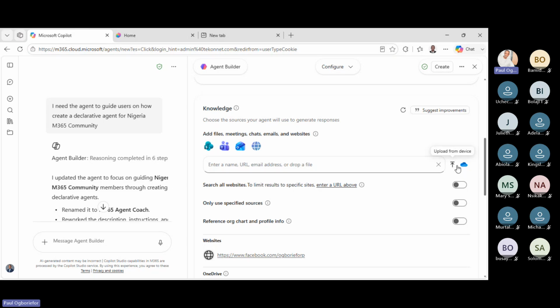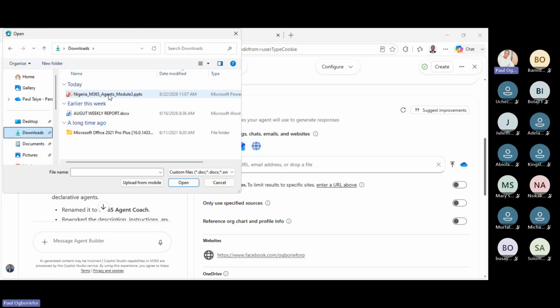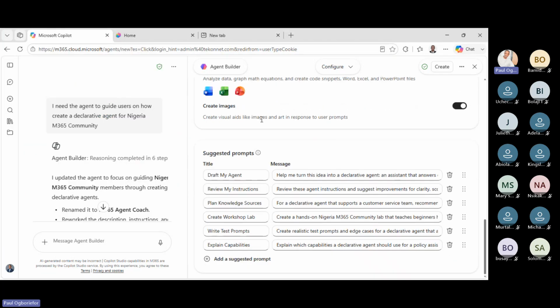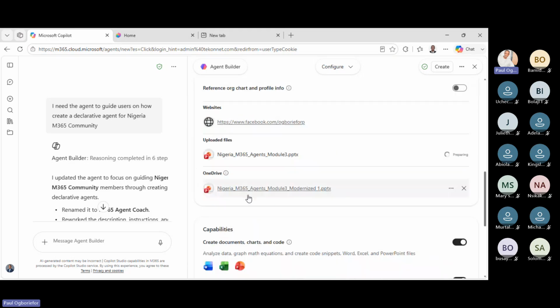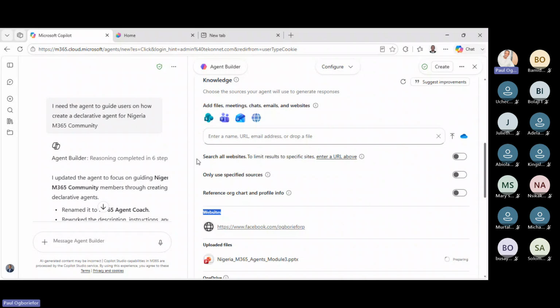You can also upload from your local device. Once I click here, it takes me to my local device. I can go to where I have my document, and then I pick on this again. You'll see it coming here, uploaded file. So it will segment them and tell you where it's picking each of the knowledge sources. Then again, you see this here, search all websites to limit results to specific sites. Now, for you that will probably be trying this out using the free